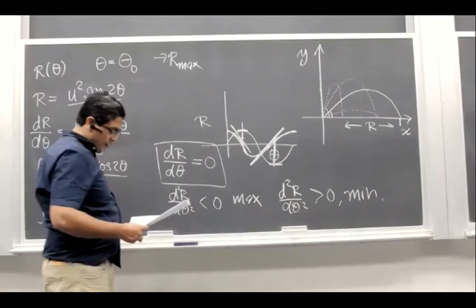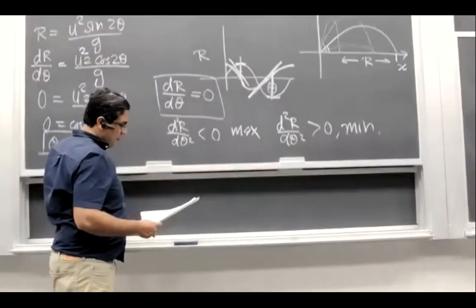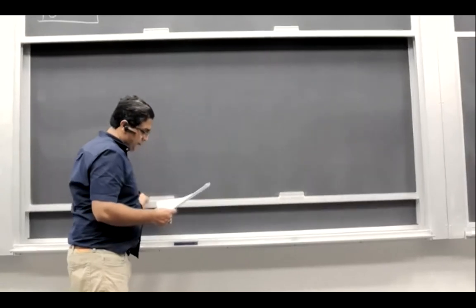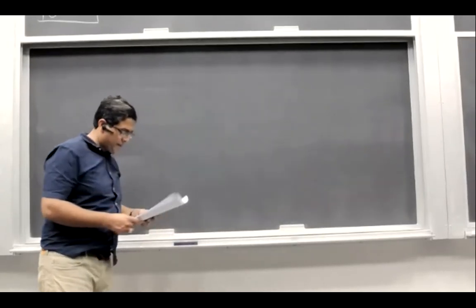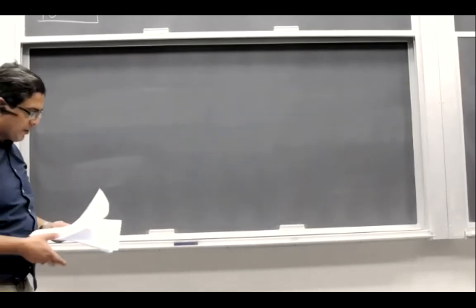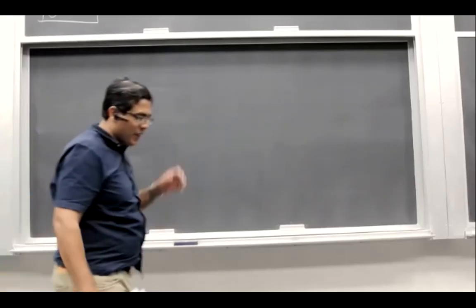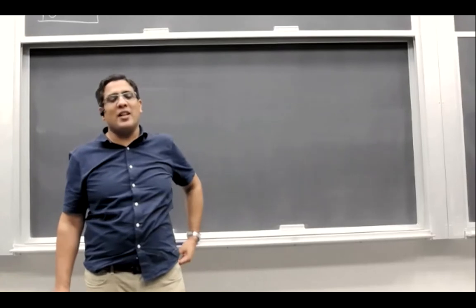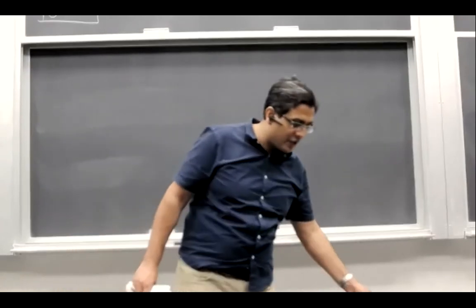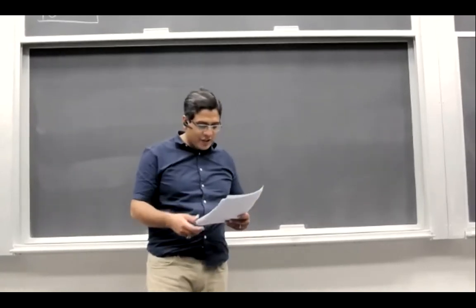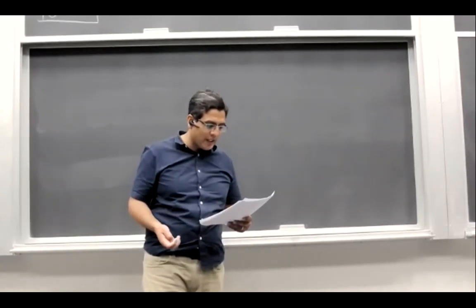And the last question about this case is, what is the shape of the trajectory? All right. So the shape of the trajectory means we somehow want to find out how y coordinate changes with the change in x. So how does y change as x changes? So that's the thing that we want to find out.